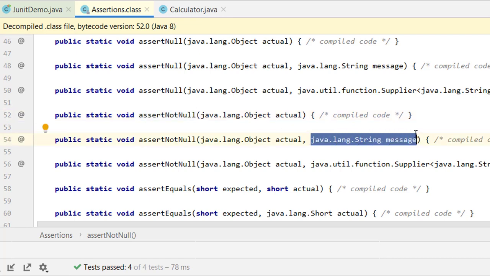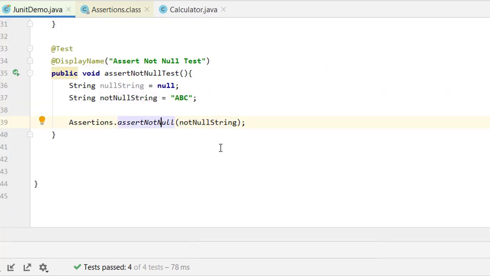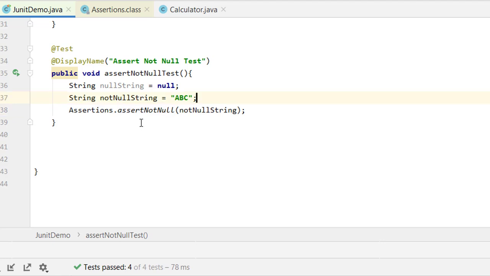So each and every method of the Assertions class in which we are comparing the expected and actual result provides the facility of giving a message, so that whenever the test fails, that particular message will be printed on the console or in the logs. This is a very important thing. This is the practice we need to follow. Whenever our test fails due to some assertion, we should print the message why the test failed.